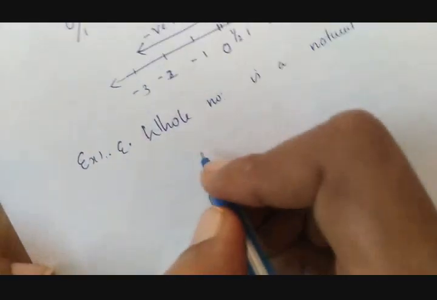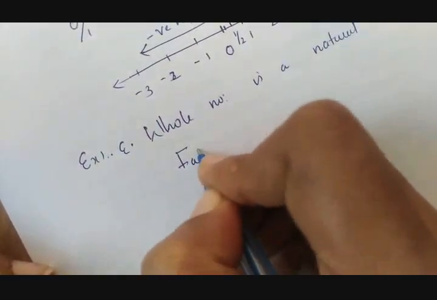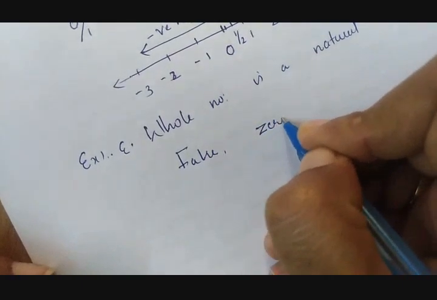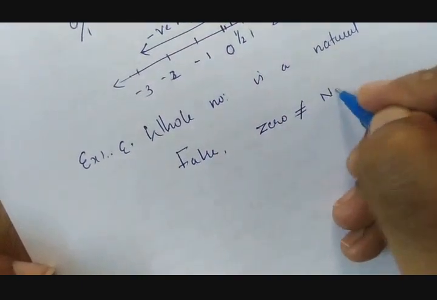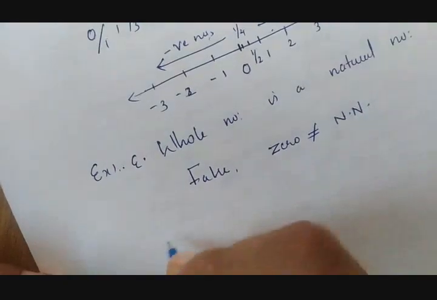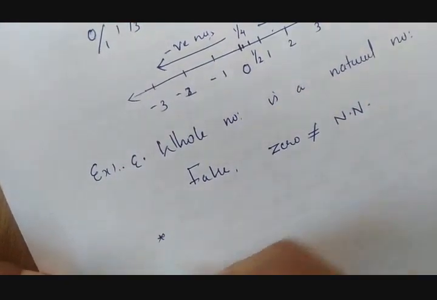So we can say that this is a false statement because 0 is not a natural number. And the second statement is